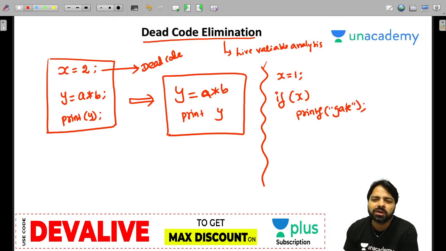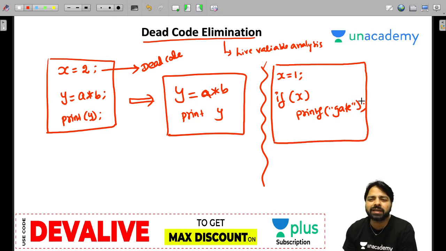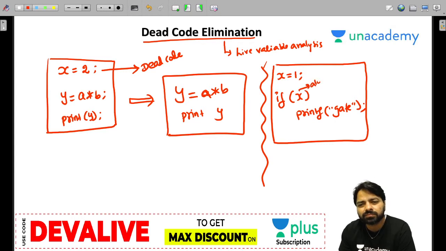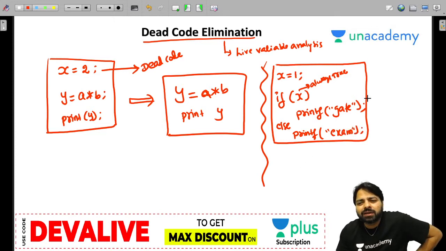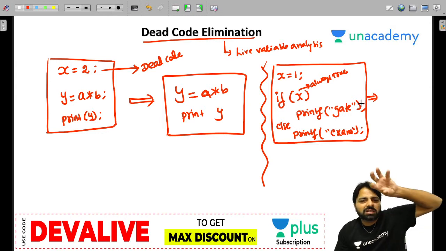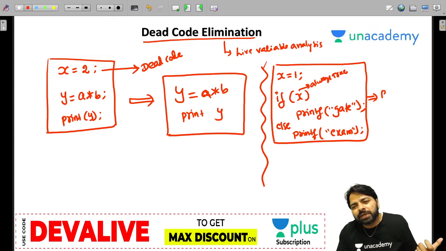See this code, you can use constant propagation. If you propagate, this condition is always true. If you have any else part here, will it execute? Will exam print? Always gate will be printed. So after applying constant propagation and eliminating the dead code, you can simply write printf gate.